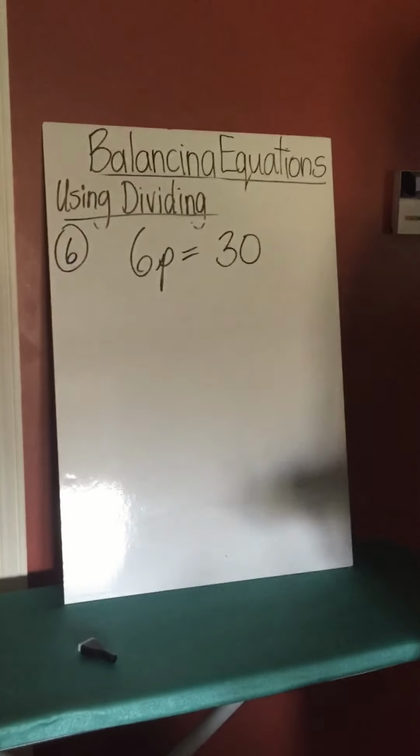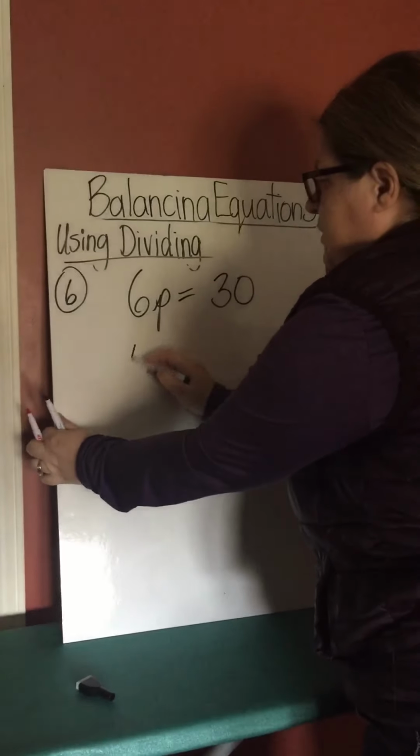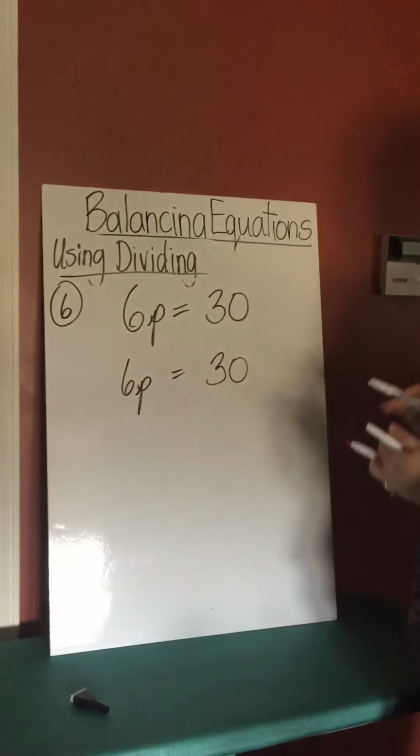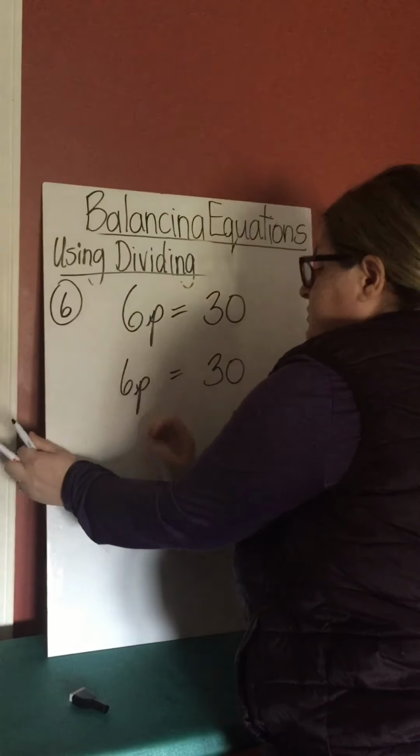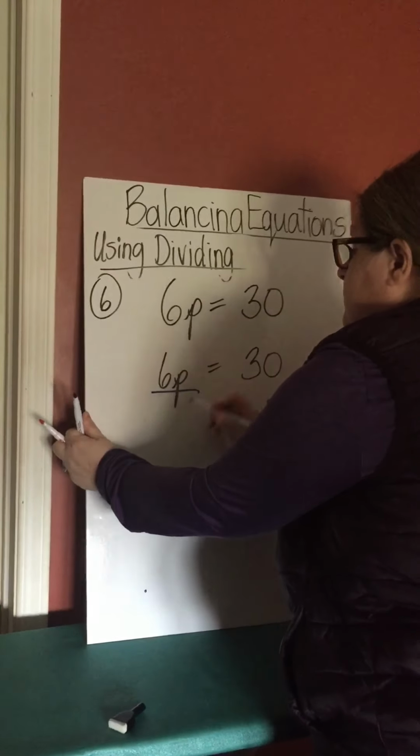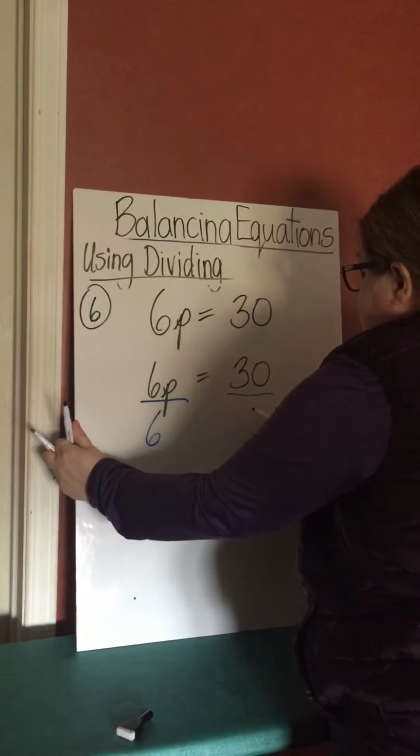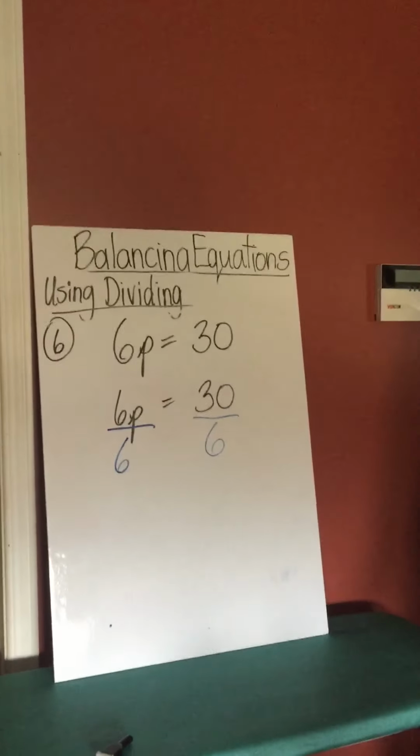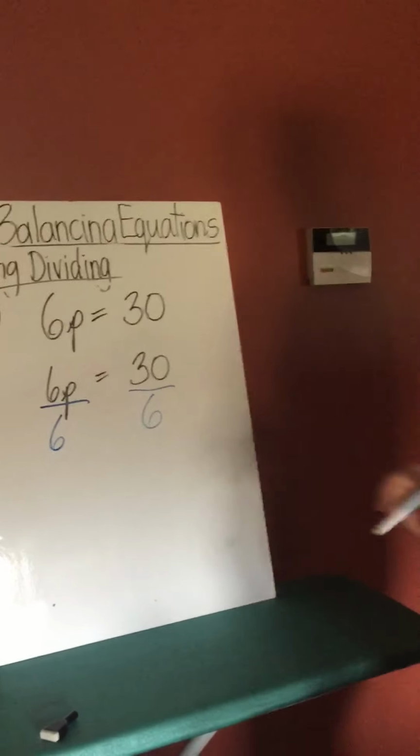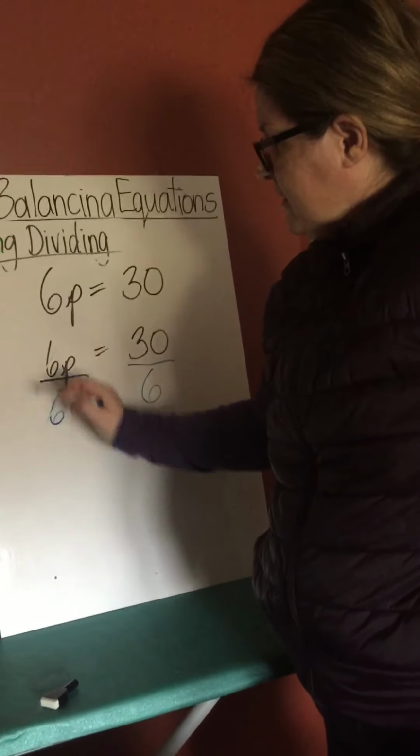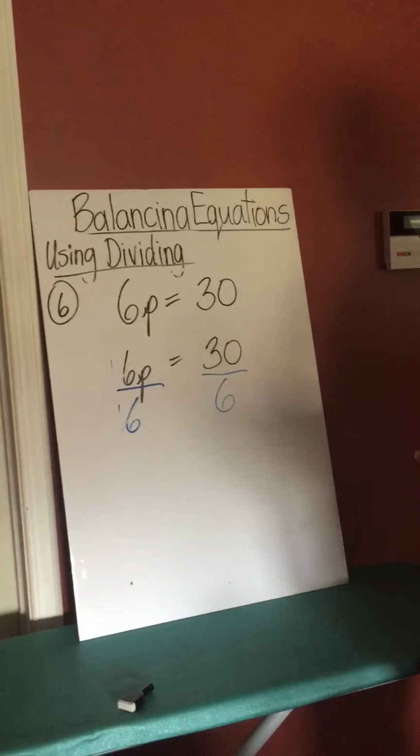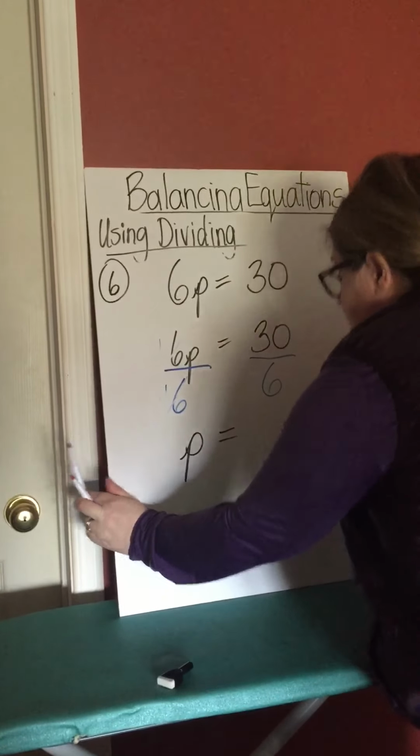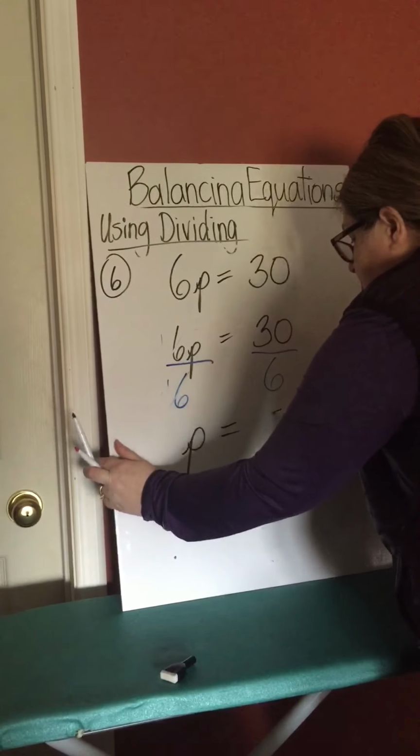6p equals 30. We're going to take 6p and 30 just like it is, and we're going to divide by 6 on both sides. I'm just using a different color to show you that you have to do the same to one side that you do to the other. 6 divided by 6 will leave you with 1. And so on the left-hand side of the equation, we end up with p equals 30 divided by 6,